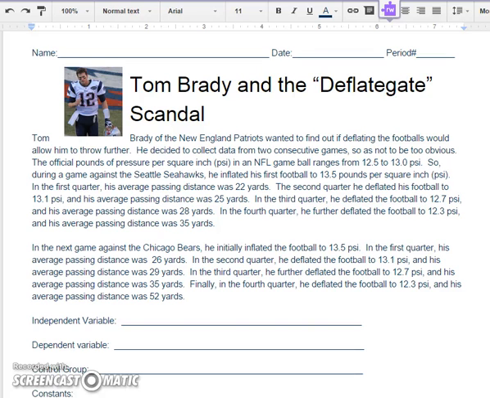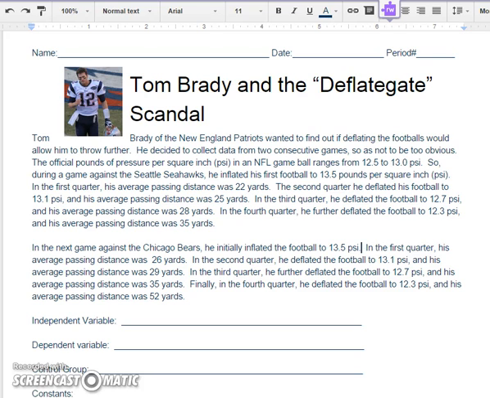Hi, this is Mrs. Duffy, and today we're going to talk about how to construct a data table. We're going to use this article about Tom Brady and the Deflategate scandal. So first I'm going to read the information because I need to figure out what I'm going to put into